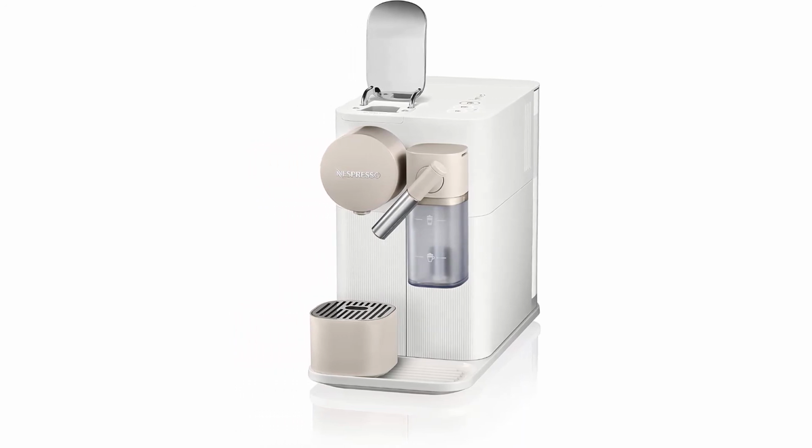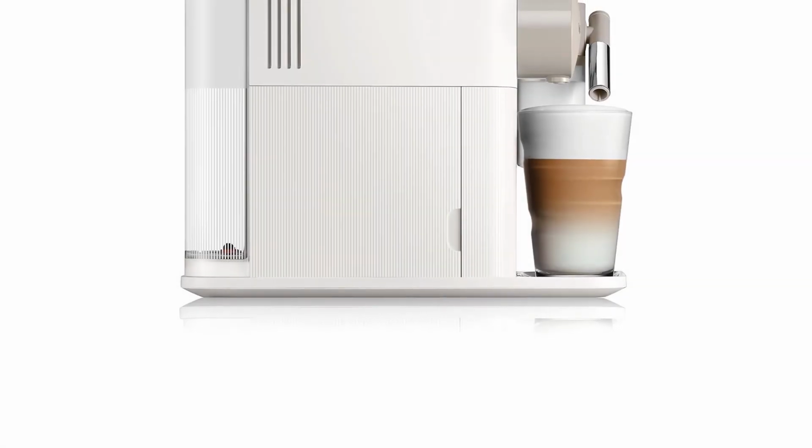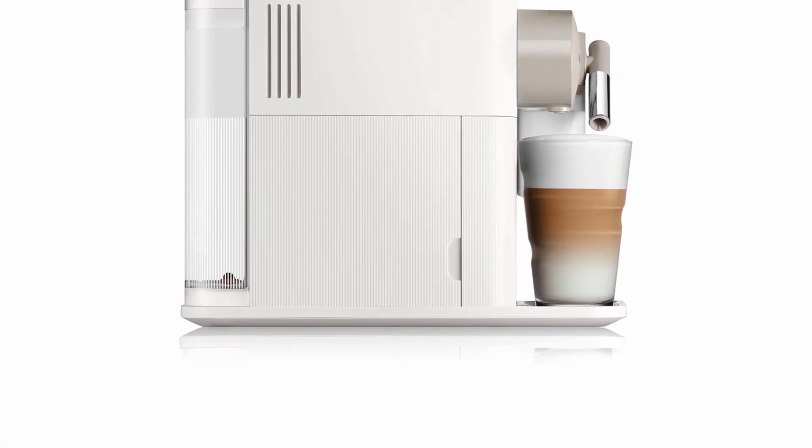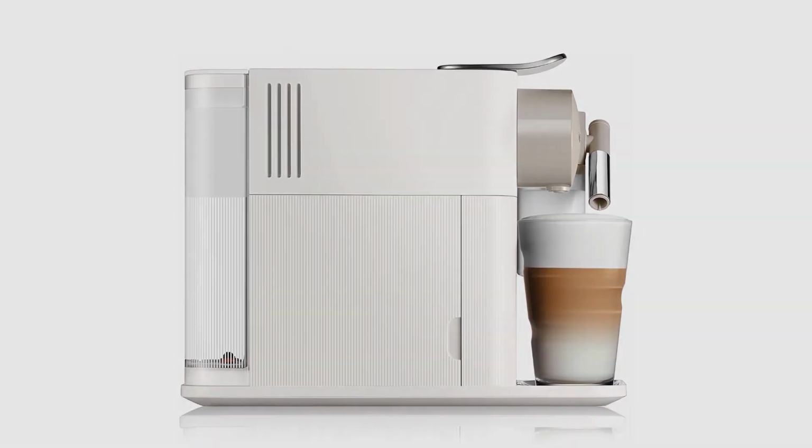Each espresso machine comes with a Nespresso Original Capsule gift pack with a range of capsules with unique aroma profiles. With a folding drip tray for your machine, you can keep your brewing space clean,